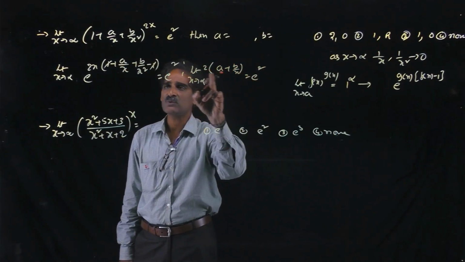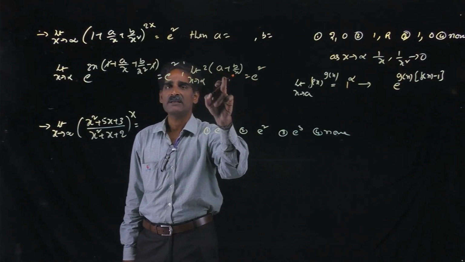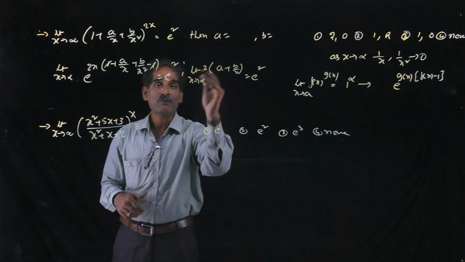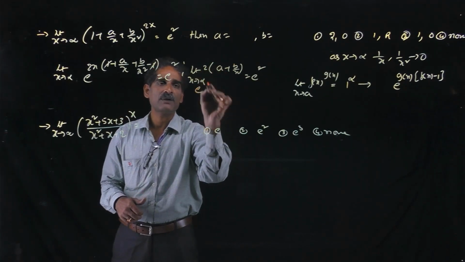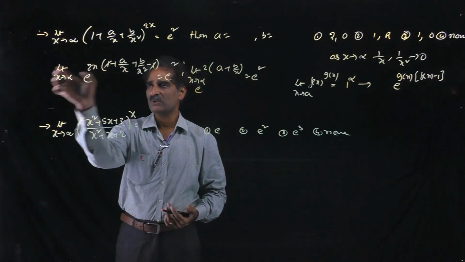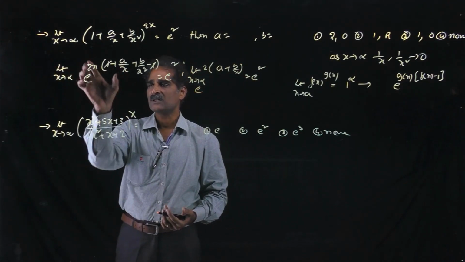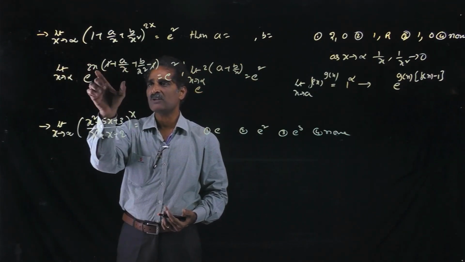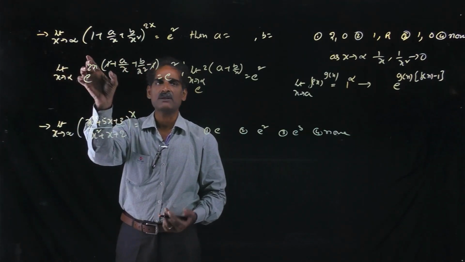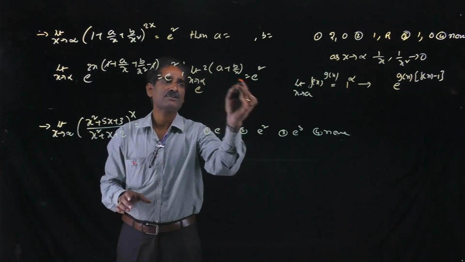As x tends to infinity, this whole thing is in the power of e. That means e power of something is equal to e square. For e power of this, we have to apply the limit to this function. So just multiplying by x, what will happen? 2 into a plus b by x. So we have to apply the limit for the power. So e power limit of this is equal to e square.